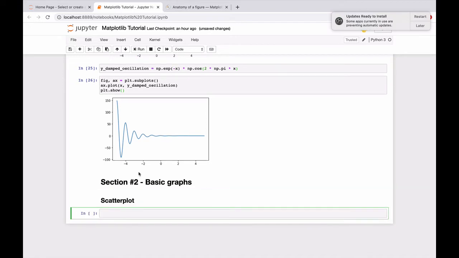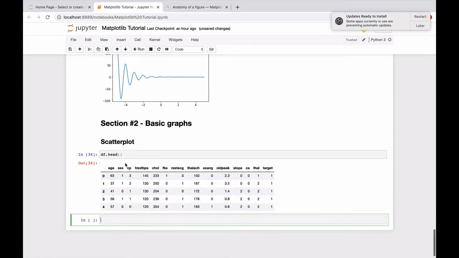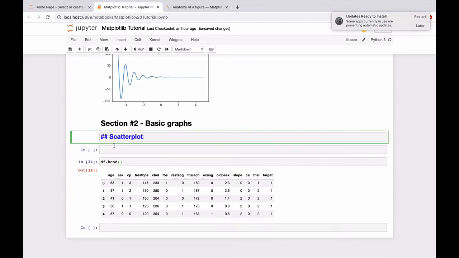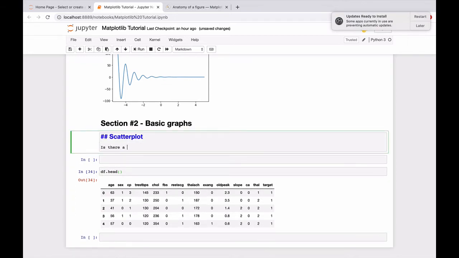If we take a look at our data frame, maybe we want to take a look at the scatter plot of 2 of these columns plotted against each other. So maybe we're interested, is there a relationship between age and, let's say, your cholesterol level? So that's the question we're interested in answering. So I'll actually type that in here. Is there a relationship between age and cholesterol